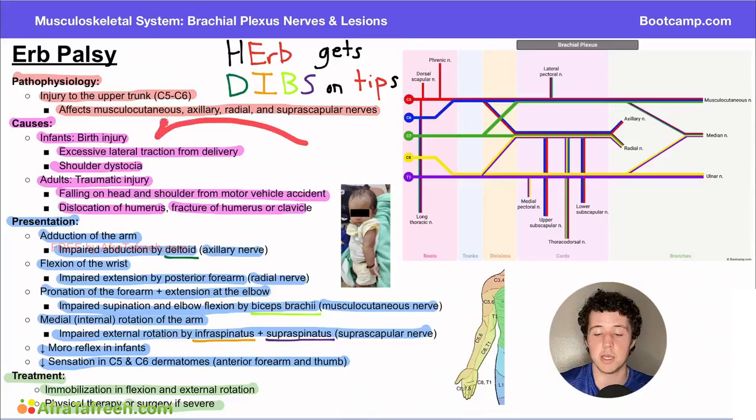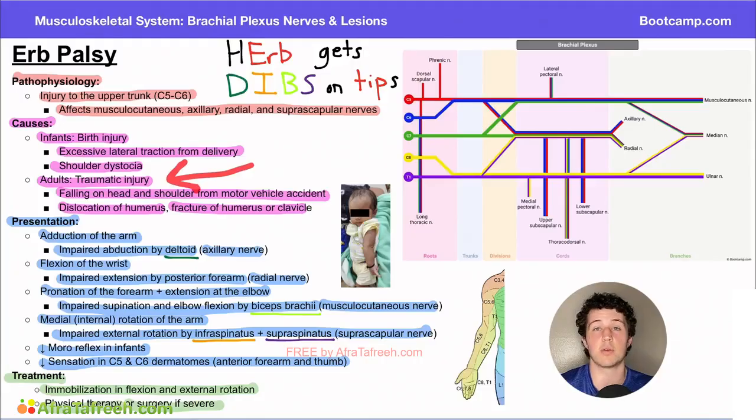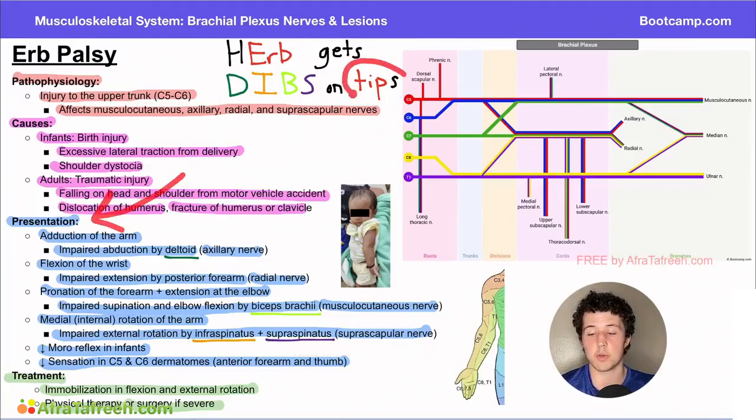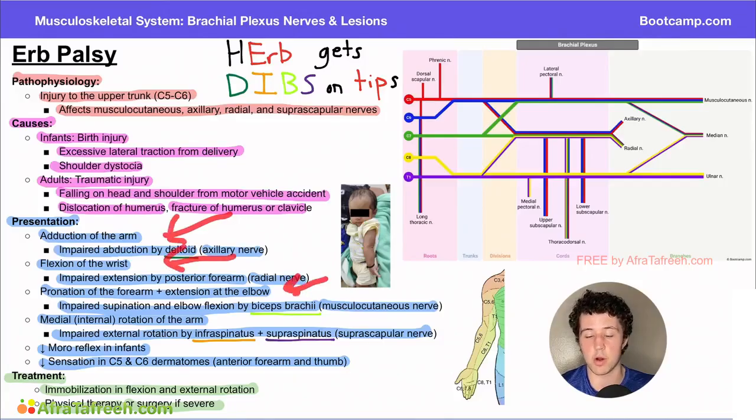If the patient is an infant, it's most likely from excessive lateral traction during delivery. If the patient is an adult, it's more likely a traumatic incident from a motor vehicle accident, a fall, dislocation, or fracture. The presentation of Erb palsy often gets referred to as waiter's tip sign, with adduction of the arm, flexion of the wrist, pronation of the forearm, extension of the elbow, and medial rotation of the arm,